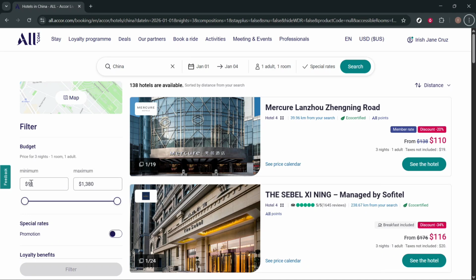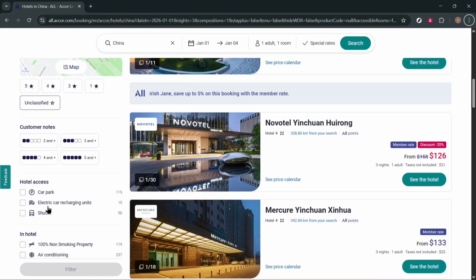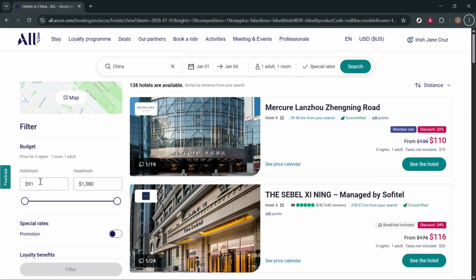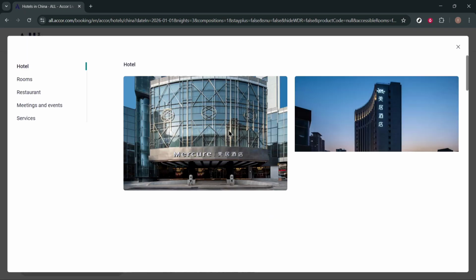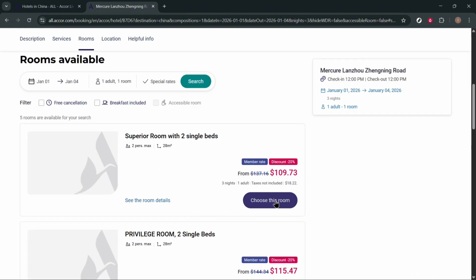So you can go ahead and set the minimum and the maximum price range for the rooms. You can also use the filters at the left side of your screen for specific amenities that you're looking for. So for example, I want to book this hotel. I'll simply click on it. And then in here, go ahead and click on see the rooms, select a room,